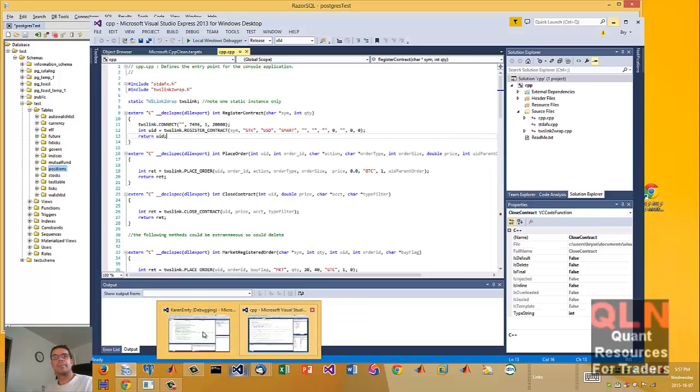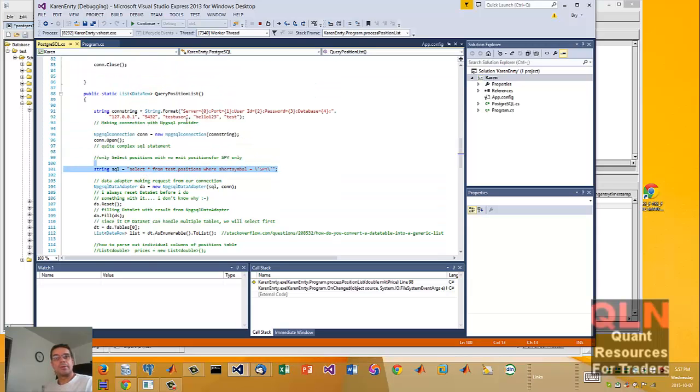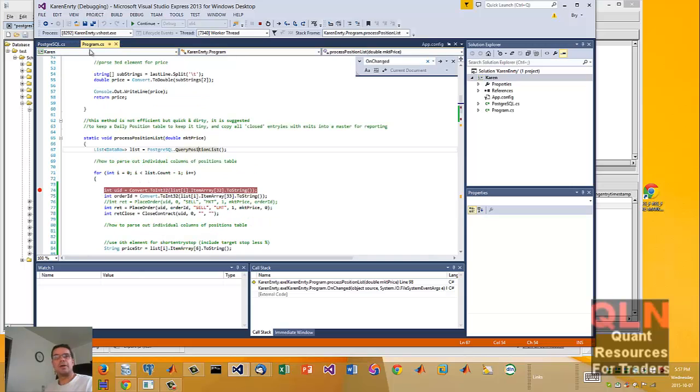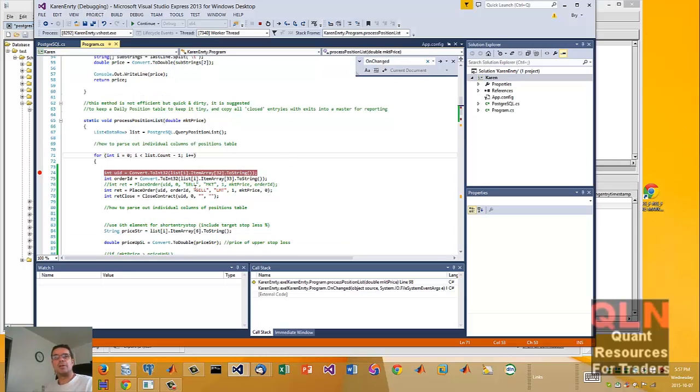So when that gets returned, let me see here. Okay. So this is where we just left off in the process position list. As I said, what this really does is go in and iterate through all the rows in the position table that meet the condition of having a symbol of SPY. So we just showed you that code. Now, because we now have a count, in this case you can see as it's running that we have 2 rows that meet that condition of having a symbol of SPY. So what we need to do now is go in and basically,